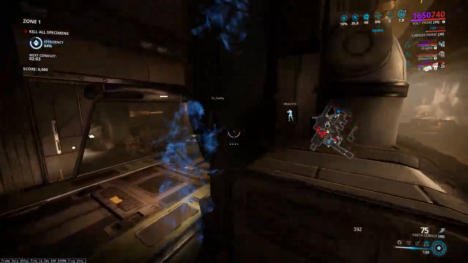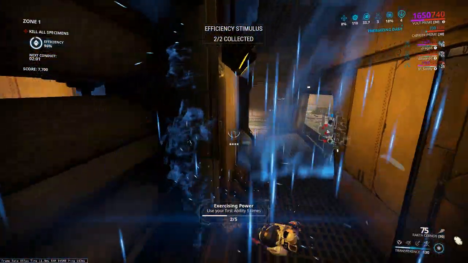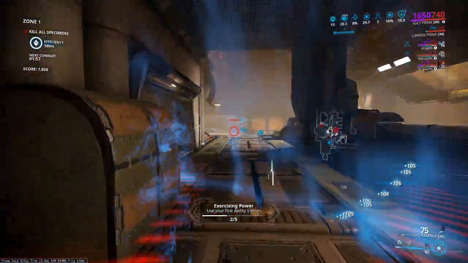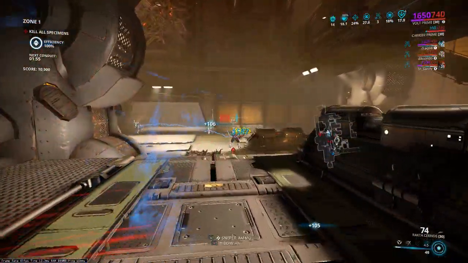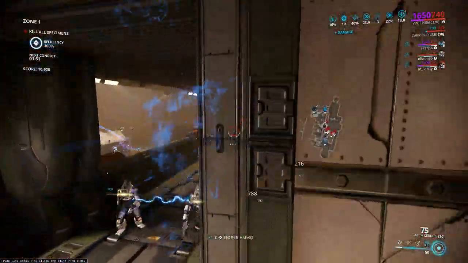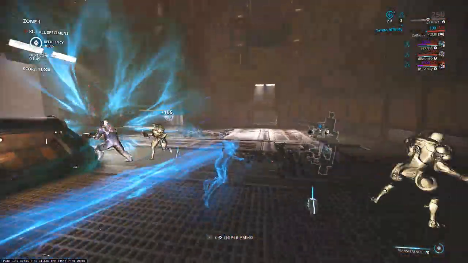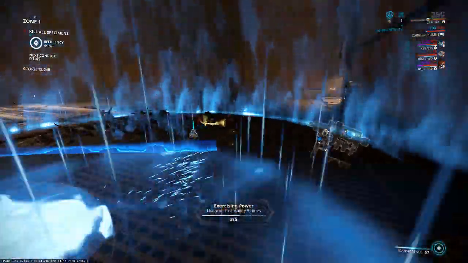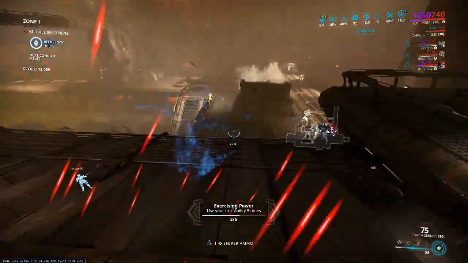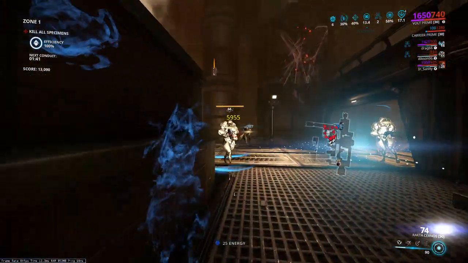You have to be careful though, because if you spam your 4 too much, the big yellow thing shows up and says, "You're doing that too much, please use some other ability," and your 4 gets locked up for 20 seconds. So try to avoid spamming your 4, try to get some shots in between 4s, but that's your main damage. As you can tell, I'm dashing around, I'm getting bonus energy, because believe it or not, your 4 is